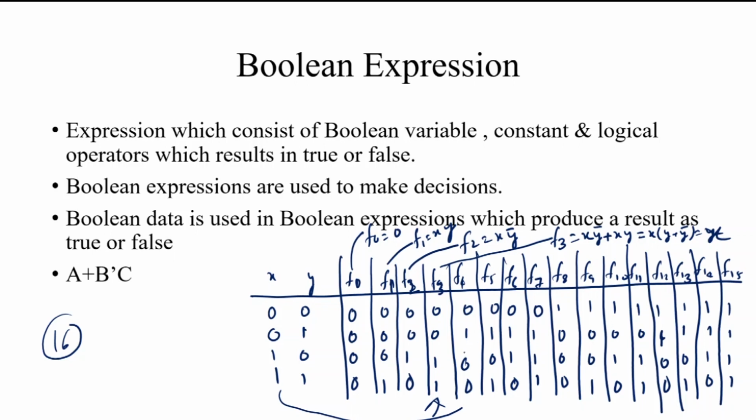f4 is true in only one possible combination, so the value of f4 is equal to what? f4 is written for this combination, 0 and 1. This is written as f4 equals x complement y, and in this way we simply label all the functions. In this way a total of 16 functions are formed, like here F15. When we talk about F15, F15 is labeled by 1, which means whatever the value of the inputs, whether 0 0, 0 1, 1 0 or 1 1, whatever the possible input combination, the output is always 1.